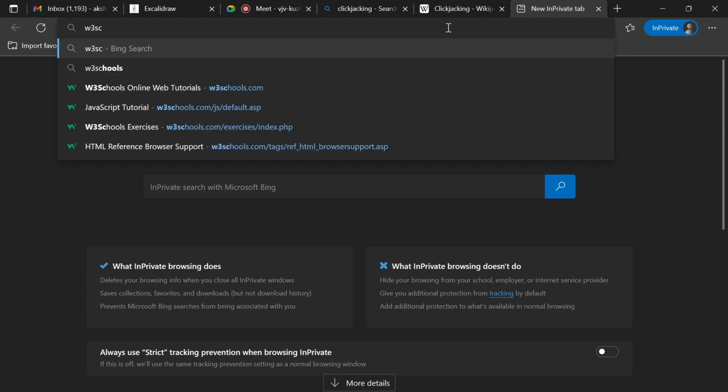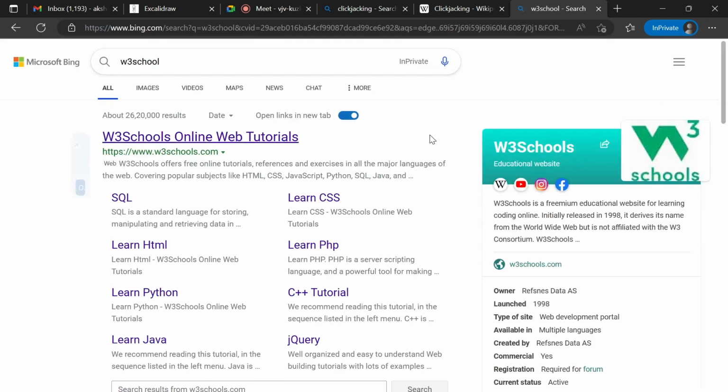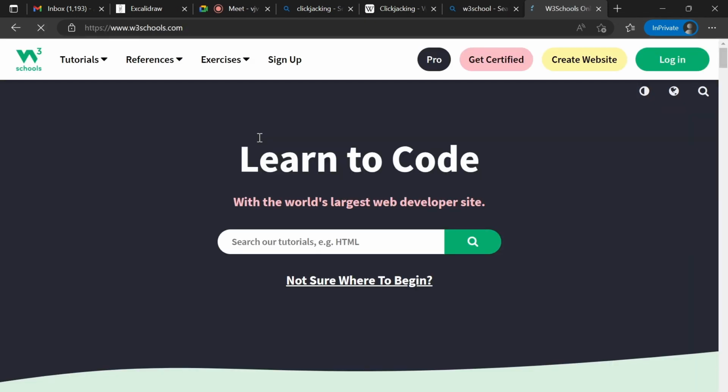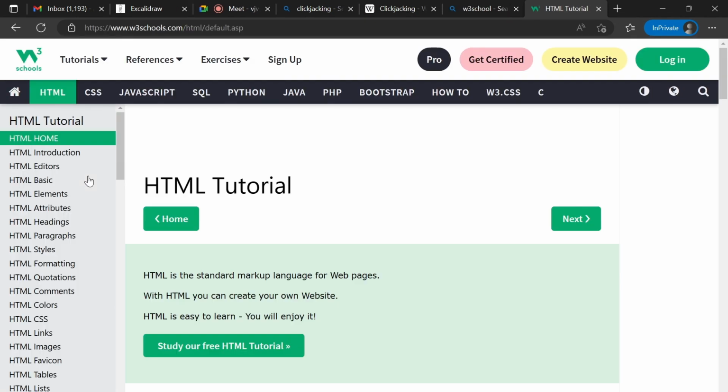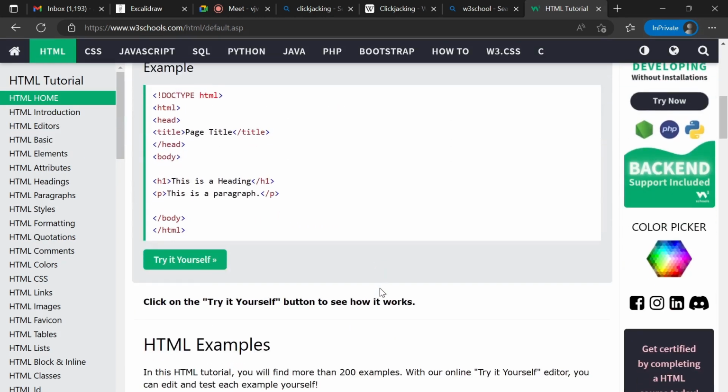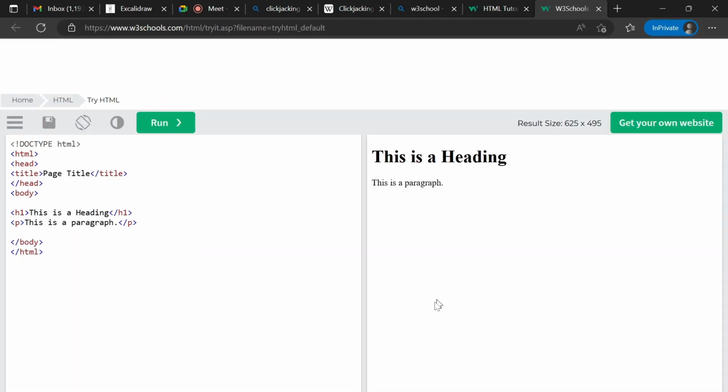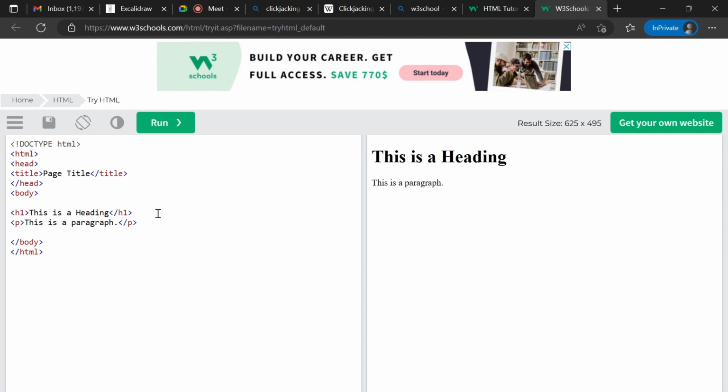W3Schools. See, here they are giving us a code panel, or coding place, where you can code any functionality. You can put in your code and then run it. This is another section.